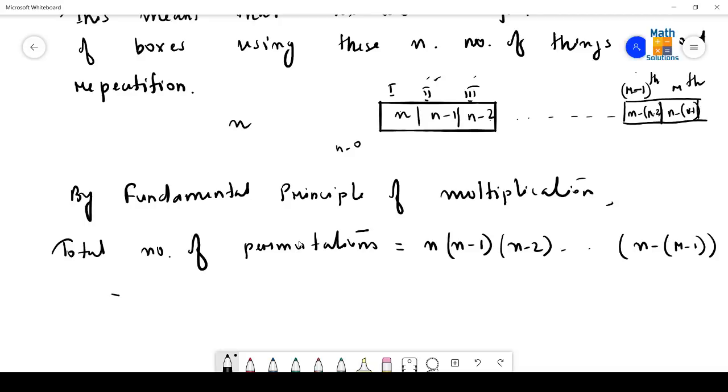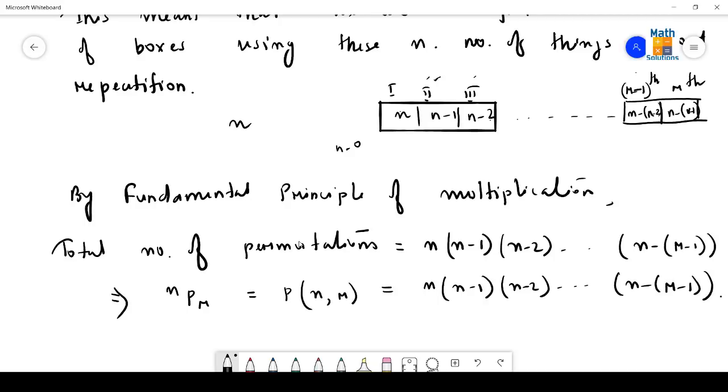So this can further be written as PnR. That can be written as PnR is equal to n into n minus 1 into n minus 2, continuation up to n minus r minus 1, and that is how it can be proved. Hence proved. So on the basis of this theorem, the second theorem can further be proved. Let us check how it can be done.